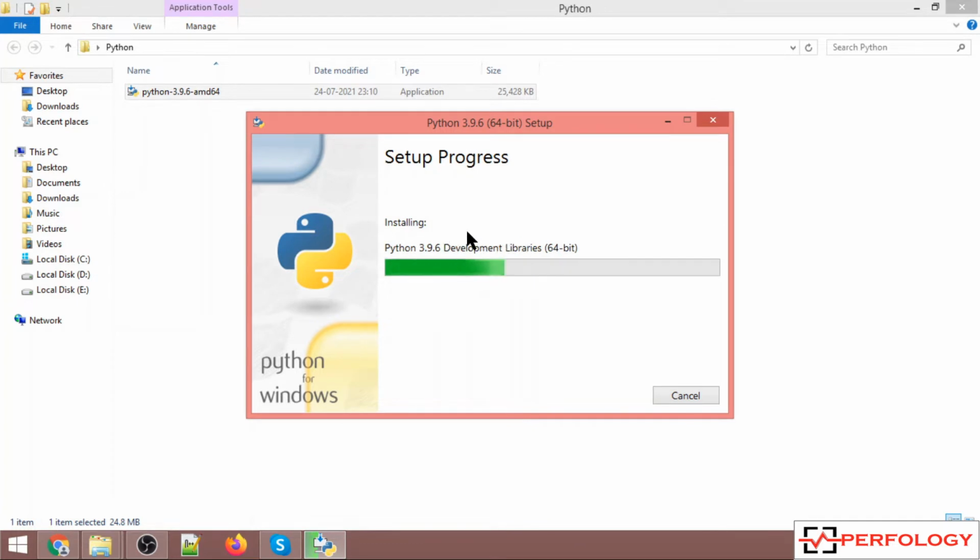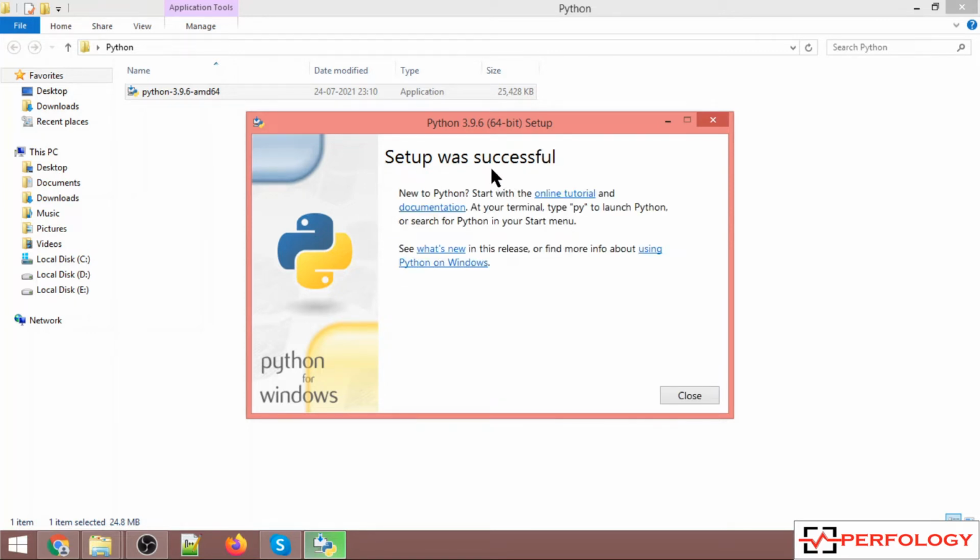So the installation is in progress, it will take some time to get installed.